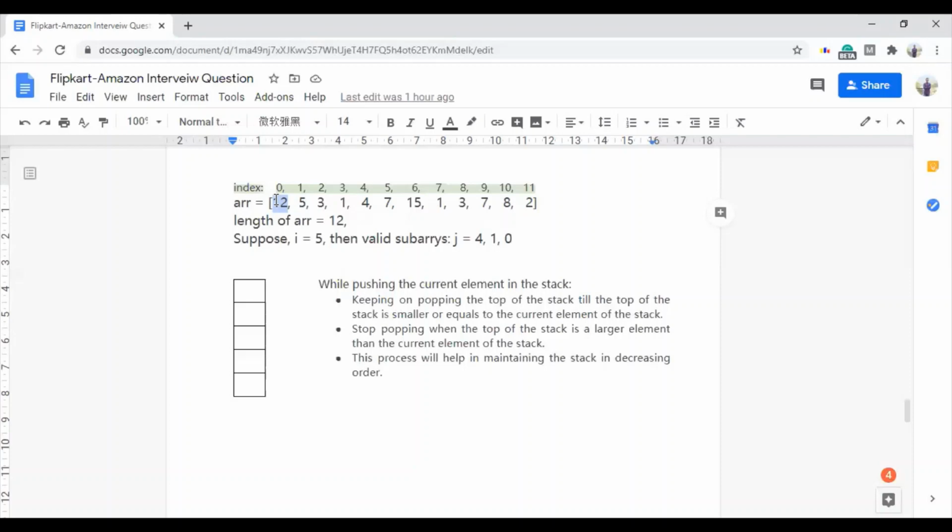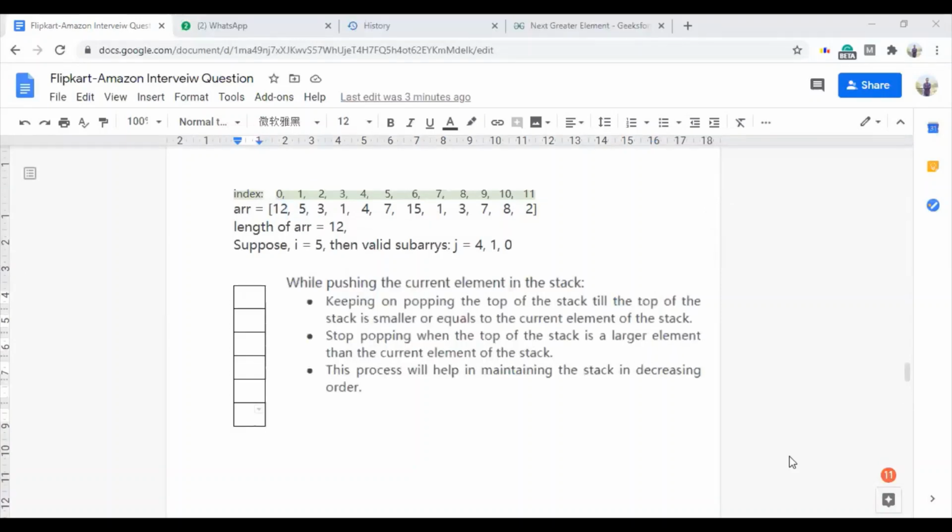Now for this we can use a stack. Let us understand from this example how we can solve it using a stack. When the ith pointer is pointing at an index of an array, all the indexes where the jth pointer can point will be pushed in the stack. So we just have to check the values by taking them out of the stack. While pushing an element in the stack, we have to follow these rules. So let us run this example and check how this can solve our problem.